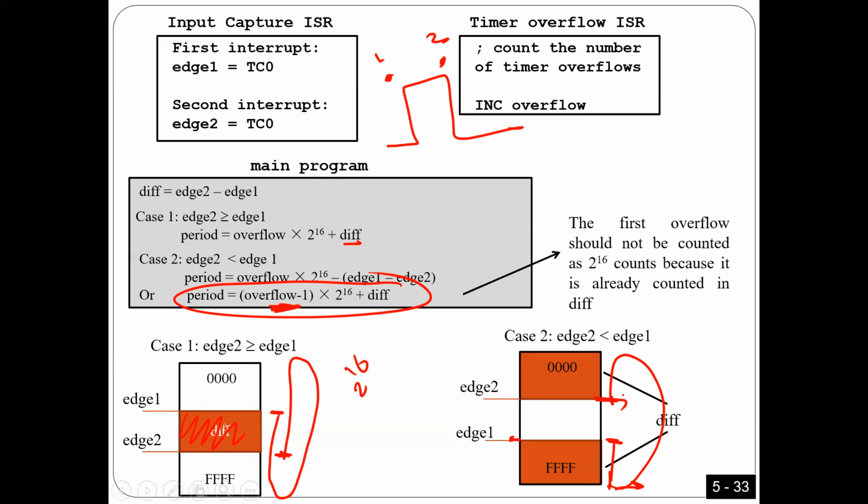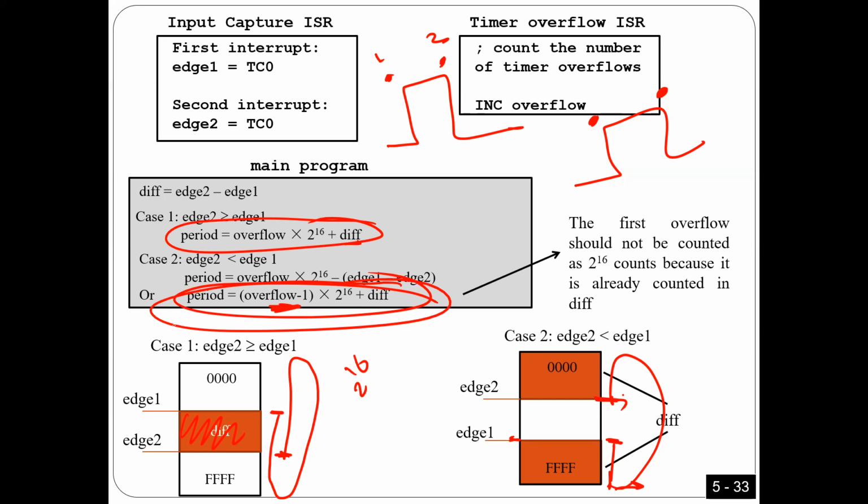Anyway, to make it simple, because I think we ran out of time. Okay, to make it very simple, look here, guys. Again, I'm going to have 3 values. I need to know what the count was here. I need to know what the count was here. I need to know the number of interrupts. Okay, using these 3 values, I can use this equation or this equation to calculate the number of counts.